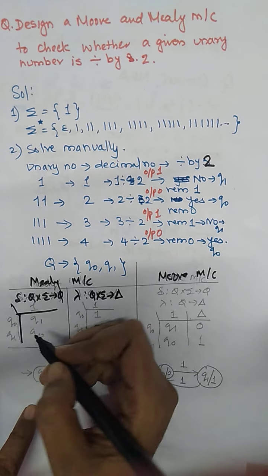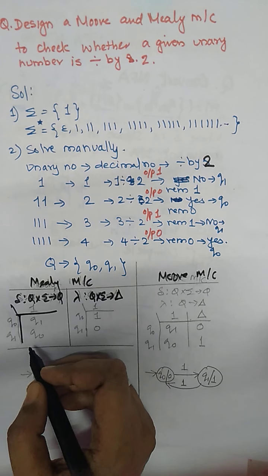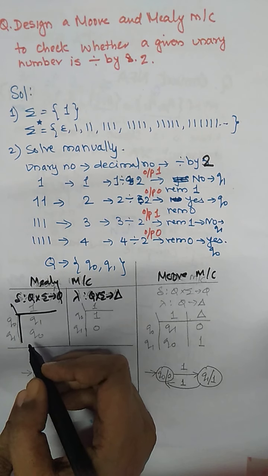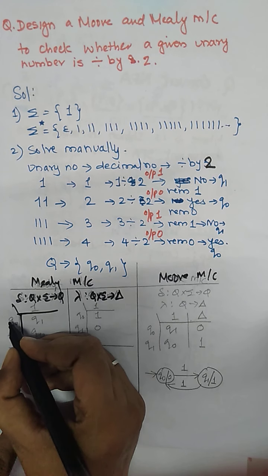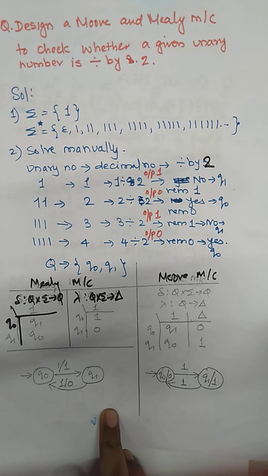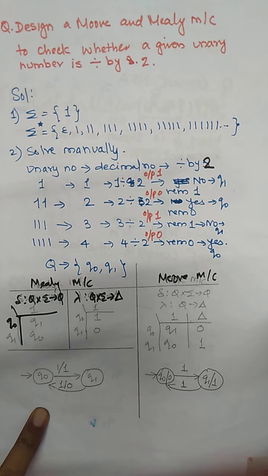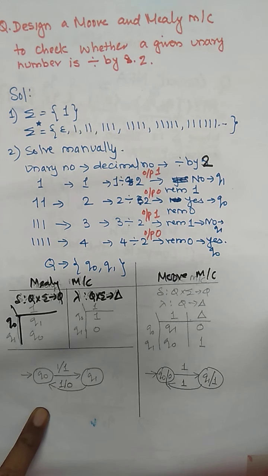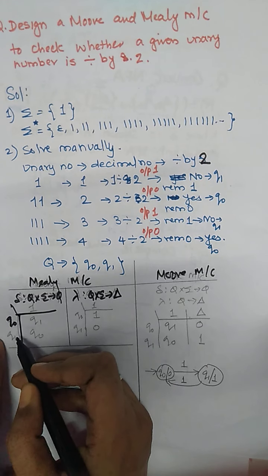So what are we going to draw here? We are going to find out the state and the next state. So what is the initial state? For the divisibility question, we always start with the initial state q0, because we are considering no number. For no number, we can consider nothing as 0. So 0 is always divisible, or we can consider it as remainder 0. Remainder 0 in our question is represented by q0. That's why q0 will be the initial state.